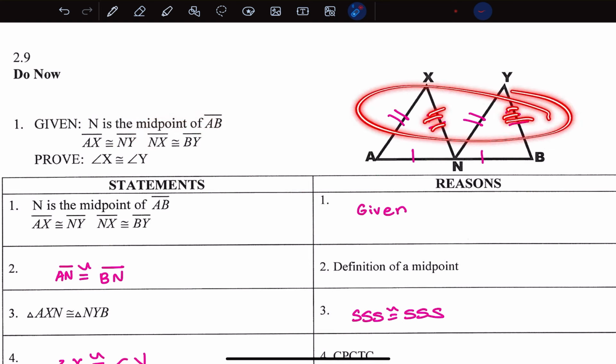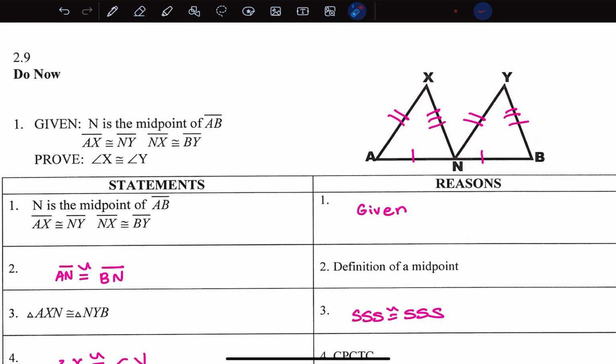So I already have given to me two segments, so all I need to do is use my definition of a midpoint to state that these two segments are congruent. But then again, I have to look at my proof statement. I am not going to stop when I prove that the triangles are congruent. I have to use CPCTC, corresponding parts of congruent triangles are congruent, to state that these two angles must also